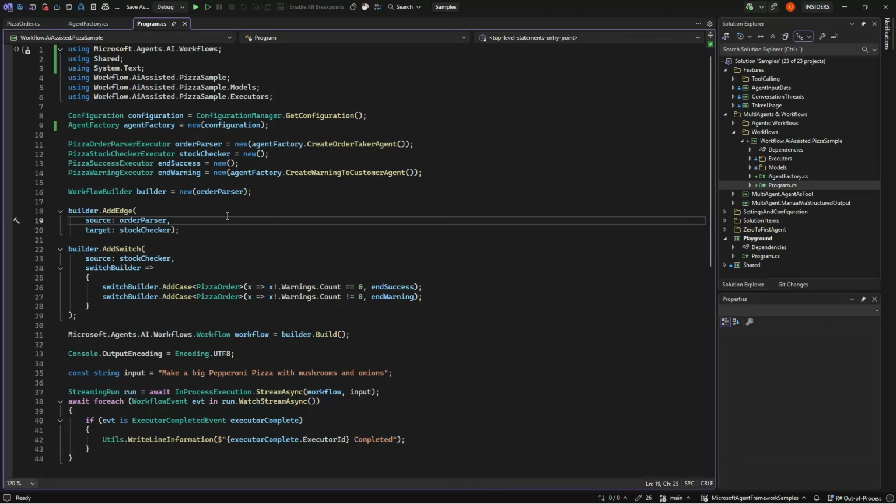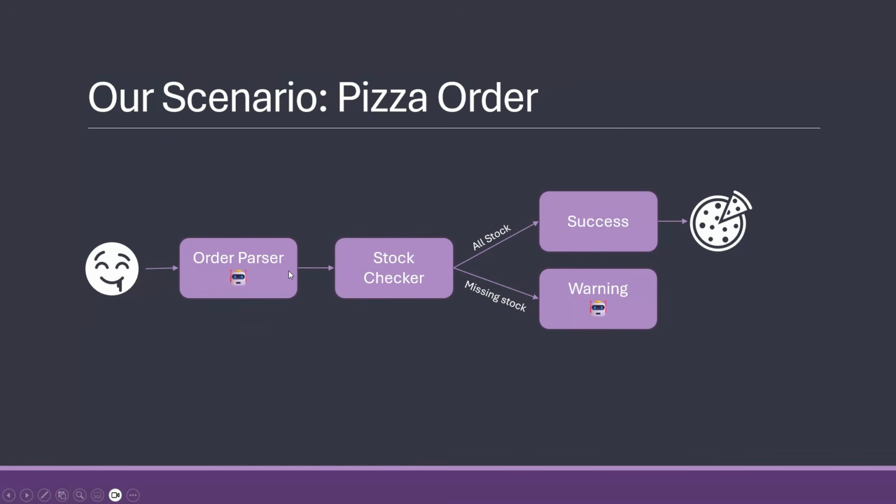Next up, we have four executors, because as we saw in our diagram, we have 1, 2, 3, 4, so we need four of these. Could some of them have been together? Of course they could. Could everything have just been in one class with if statements? Yes, it could. But the idea is, of course, that you can make these executors, perhaps even executors that can be reused across multiple workflows, and in general, that you don't need to string all this up.